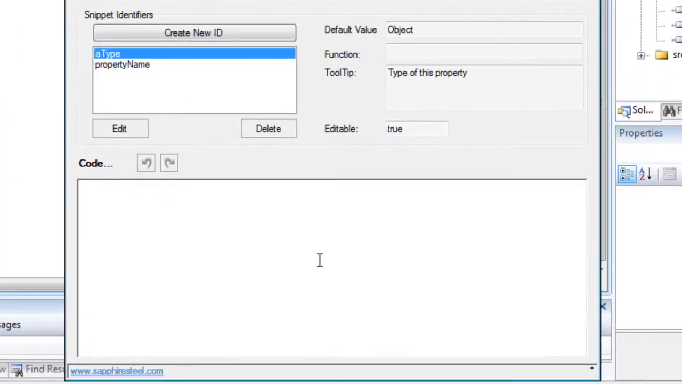And now I'm ready to enter the code of the snippet itself. So I go down into the editor part and I enter private var underscore, and now I right click and I select property name, which is one of the IDs I just created, and it inserts the dollar signs around it, colon, and again I've done it with the type ID which I just created. Carry on writing the snippet,